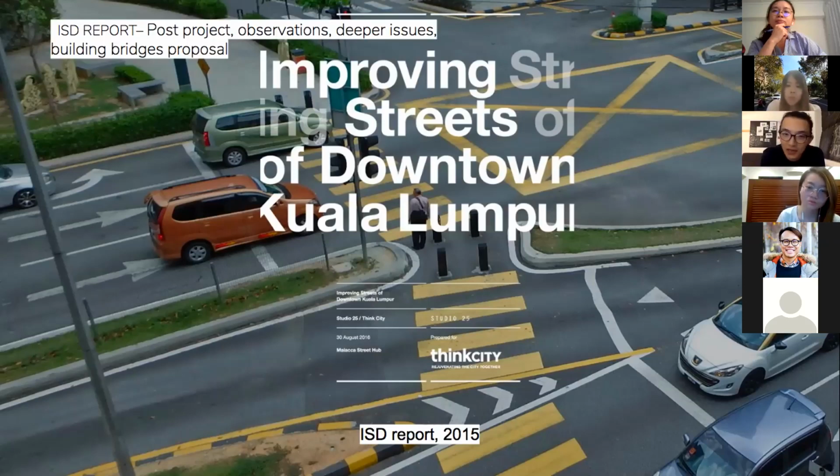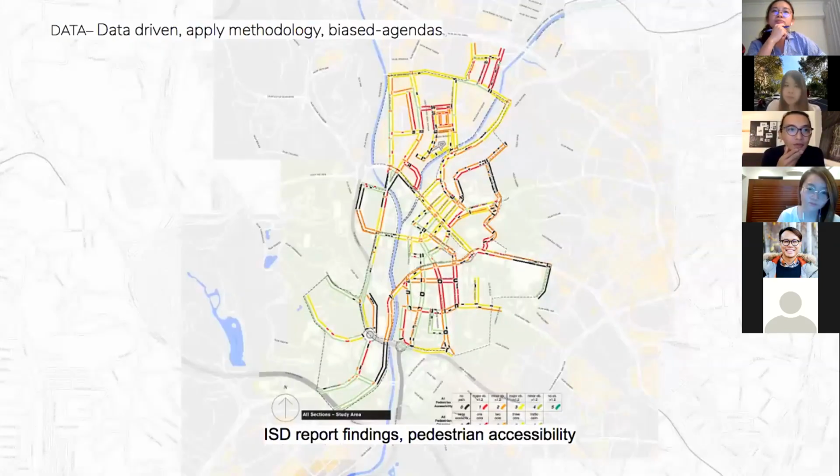After I did the cycling map, I started to see a lot of patterns and understand there were a lot of deeper issues that the city faces. It's not just cyclists, it's people don't even walk. So how do we address that? We have to start looking into that. So this report addressed that directly. From there, we came up with parameters to start a street audit, and it's a very big report. It's about 300 pages.